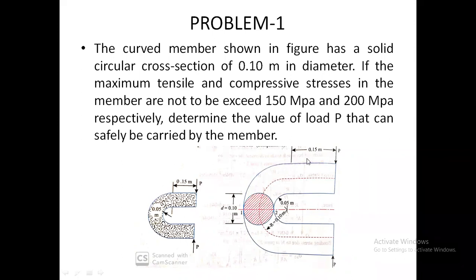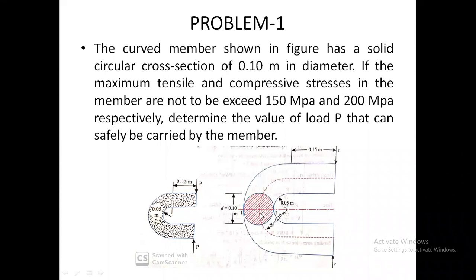So if you see the straight leg of the curved beam is 0.15 meter అంటే ఎంత? 150 mm. Okay, the straight leg is 150 mm, right? And from the curvature to the straight leg, the radius is again 100 mm. Okay, to the center ki 100 mm, but for the outmost layer ki 50 mm. Okay, జాగ్రత్తగా చూడండి. 0.05 meter is to the outer end, 1 meter is to the